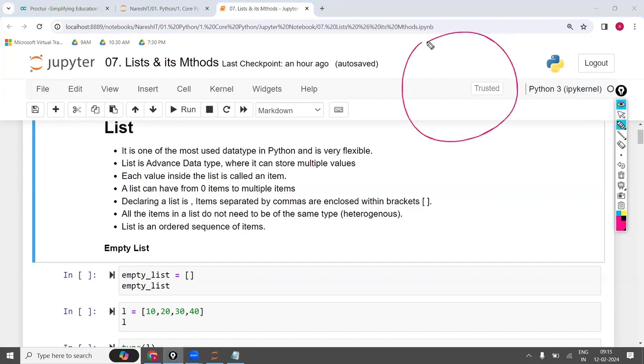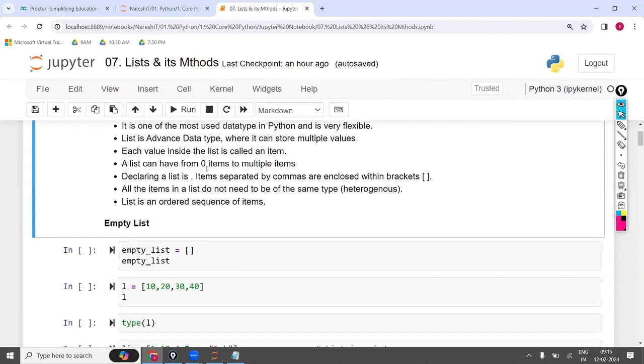Later you can add, in the same object you can add. But if you create an empty int, what is the use? Because you can't add or modify anything. With an empty string or empty bool, there is no use. But a list can have from 0 items to multiple items.